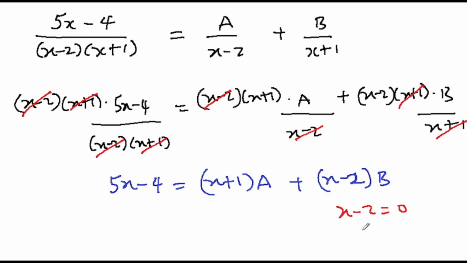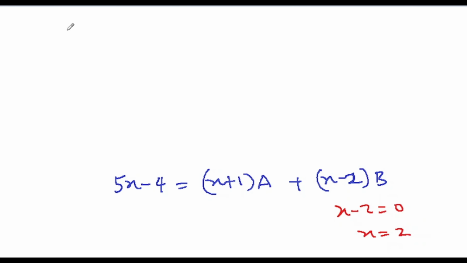Equate it to 0, then x is equal to 2. So we're going to substitute x = 2 into the equation in blue ink. So 5x will become 5 multiplied by 2, minus 4, is equal to... In place of x now, we're going to write 2. So this will be (2 + 1)a + (2 - 2)